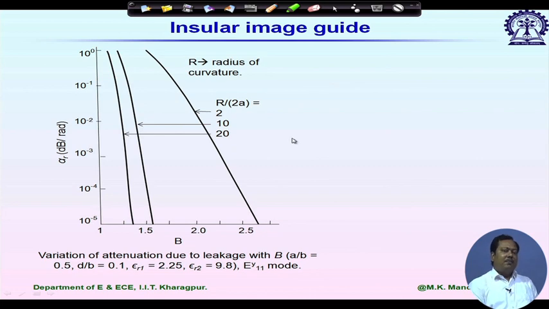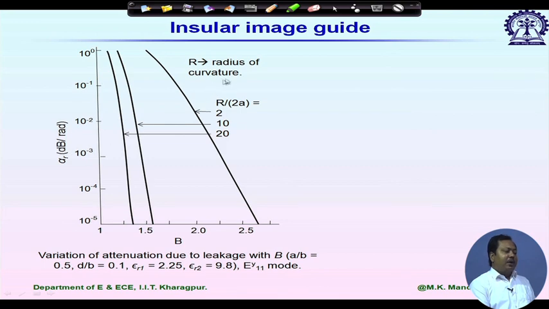But this type of waveguide has one more problem. Whenever we have a bend, it is associated with higher order modes and we have leakage from these modes. So we have one more design graph. It suggests how to keep your leakage loss minimum. It is leakage due to radiation, mainly alpha r, and we are plotting it in dB per radian angle.